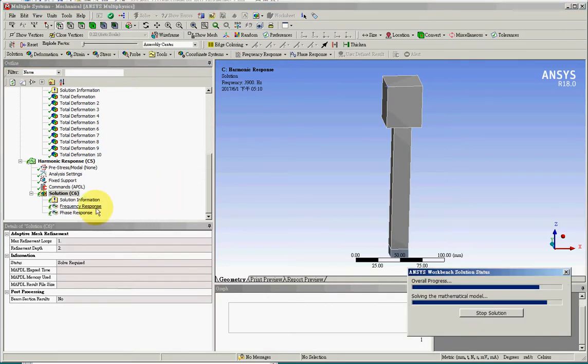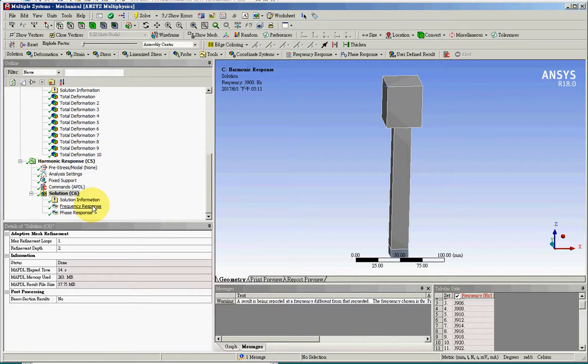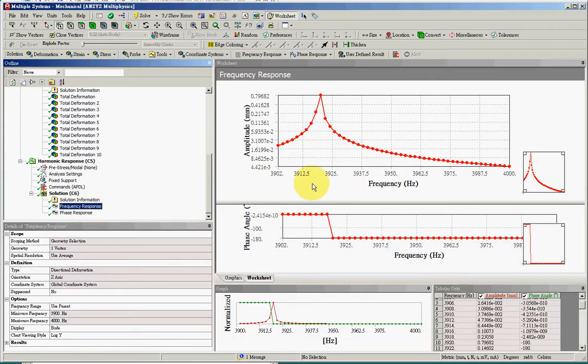And the result here, we have 50 steps, so it may take a little bit of time to run all the 50 steps. And the result here, you can see that at the frequency of 3921, the amplitude is very large. So in harmonic response, you can push a very large structure using a very small piezoelectric